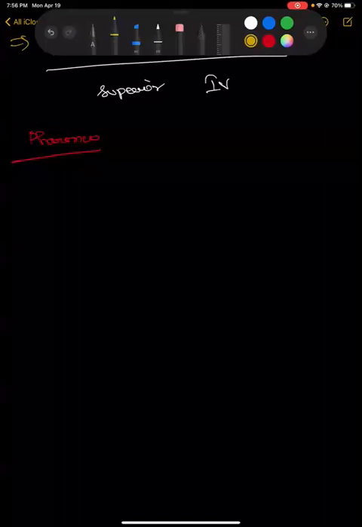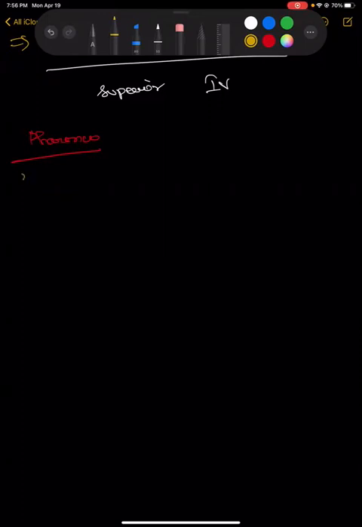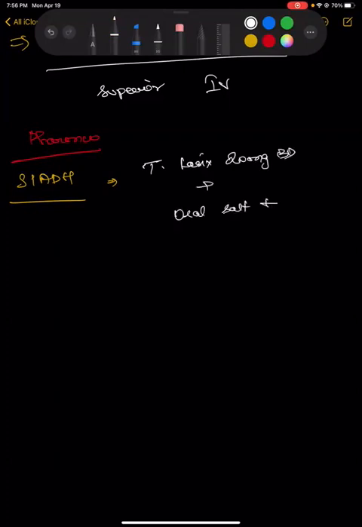If all of this fails, then we can go for pharmacotherapy. In pharmacotherapy, I'm going to talk more on all the other causes of hypotonic hyponatremia. We don't go in for the pharmacological treatment. It pertains mainly to the SIADH. So in SIADH, we can give tablet Lasix 20 mg BD plus oral salt tablets. So how does this act?